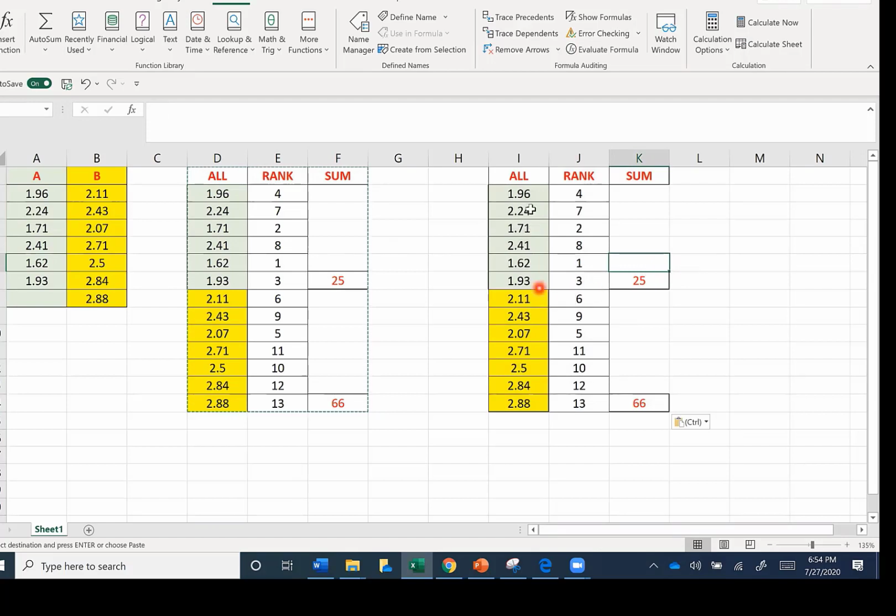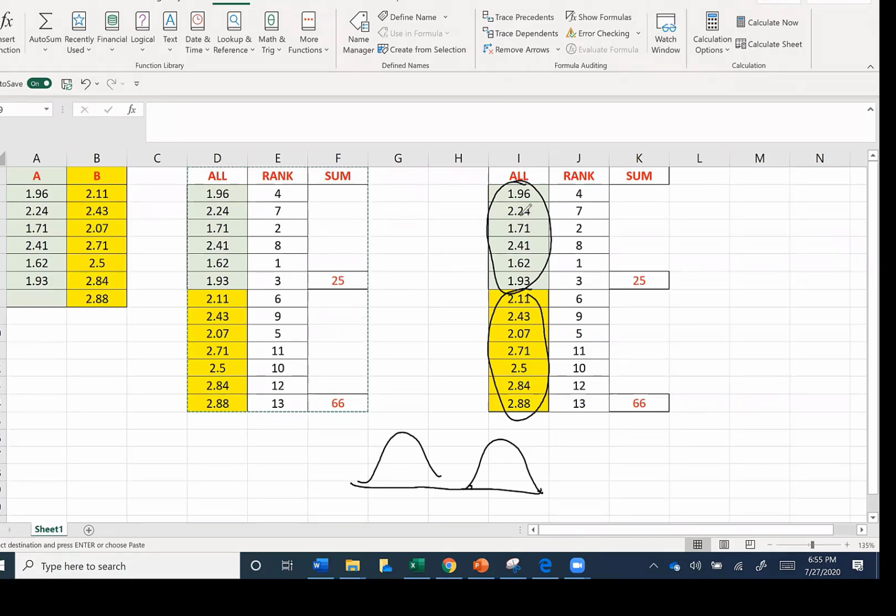What is the logic of this procedure? You can observe here that if these values were very different, for example, if all values of the first population were located below the minimum value of population number 2, then here we have the sample ranks from 1 to 6 only. Let's do that. For example, instead of 2.24, let's write 1.60. 1.60 is smaller than any of these. And also instead of 2.41, let's write, for example,